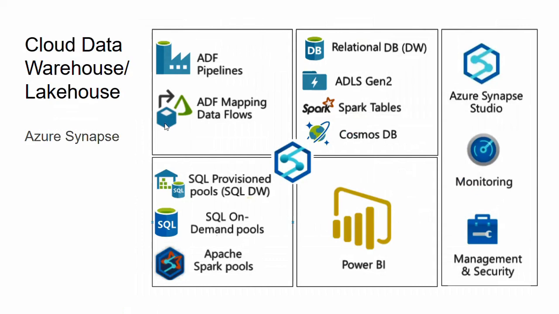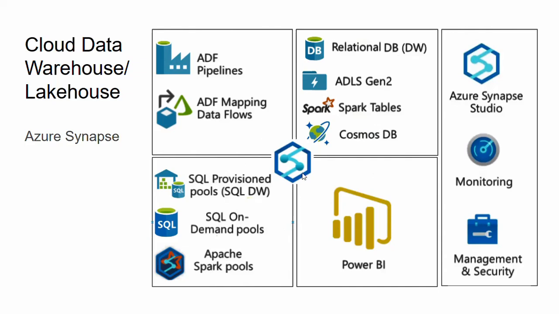So in the cloud data warehouse in Synapse, these are the components. You have Power BI as reporting. You have the pipelines, the Synapse pipeline. We mentioned that we are using Synapse pipeline as the ETL tool, which was at one point called Azure Data Factory. That's why you have this factory-like logo. Data can be stored in Azure Data Lake Storage Gen2, and it can be stored in Spark tables and Cosmos DB, and the compute part is SQL pools and Spark pools. So this gives us a whole ecosystem of cloud data warehouse and data